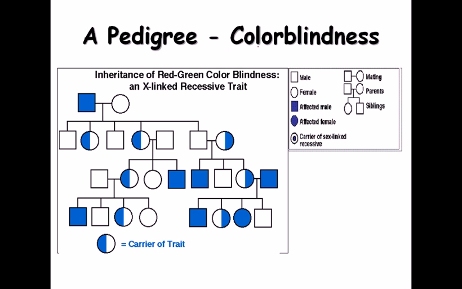If we look at a pedigree of color blindness, we can find the inheritance of red-green color blindness, which is also an X-linked recessive trait. Here the male is affected, and it is transferred through a carrier to the next generation. In this generation there is a carrier, another carrier, and you can see the carriers are the female ones. So no male persons are carriers. Males can only be affected, and if they have the gene, they will definitely develop the disease.